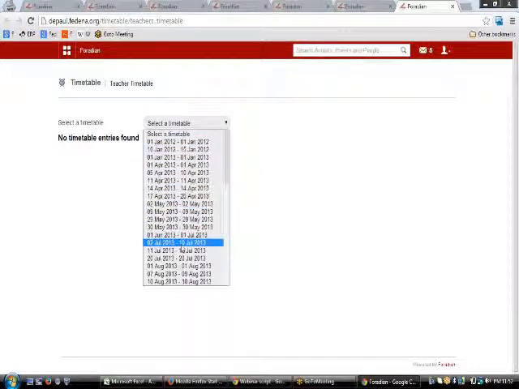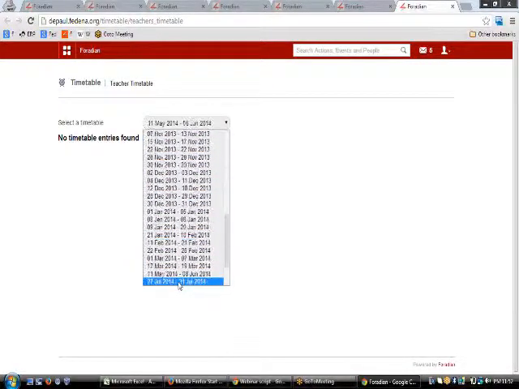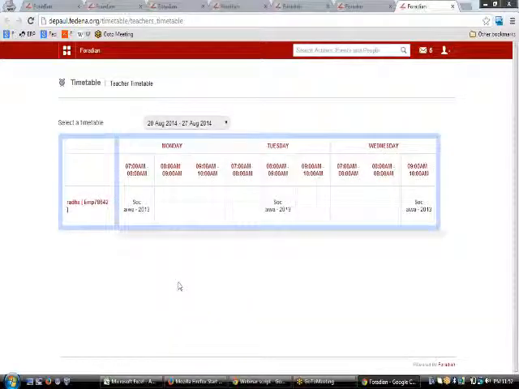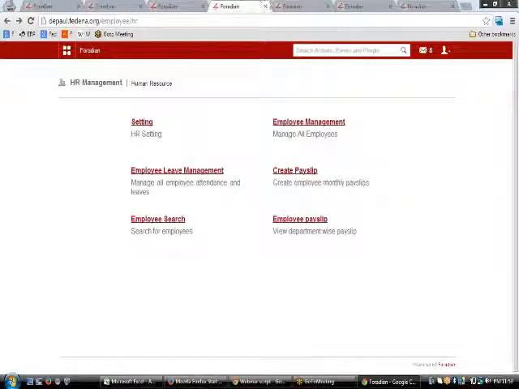Let us suppose the 1 week selected is this. As per this timetable, social will be taught by Radha on every Monday from 7 a.m. to 8 a.m. in this timetable range. So that's how the teacher's timetable can be viewed.